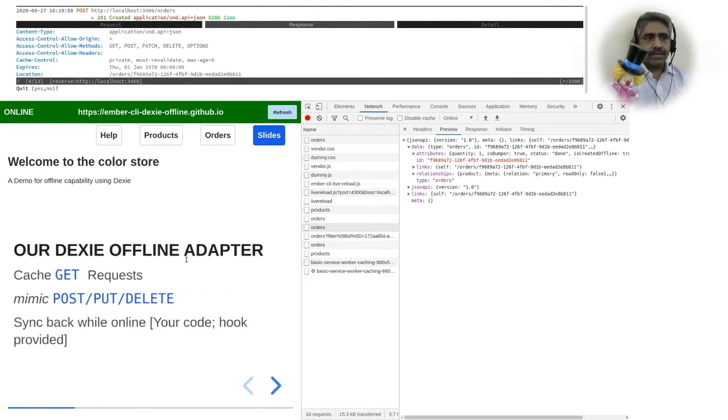This is our Dexie offline adapter. It basically caches the GET requests. It mimics post, put, and delete requests by providing a stub object that gets created on the IndexedDB. And when we are back online, the host application has to write some code to sync these saved models back onto the server when booting up online again. So this is the general flow of the add-on.